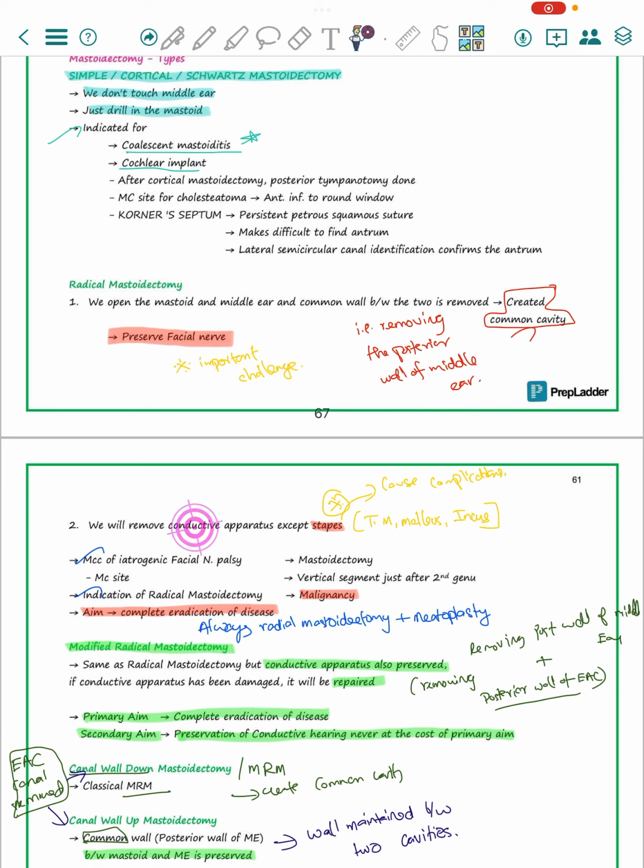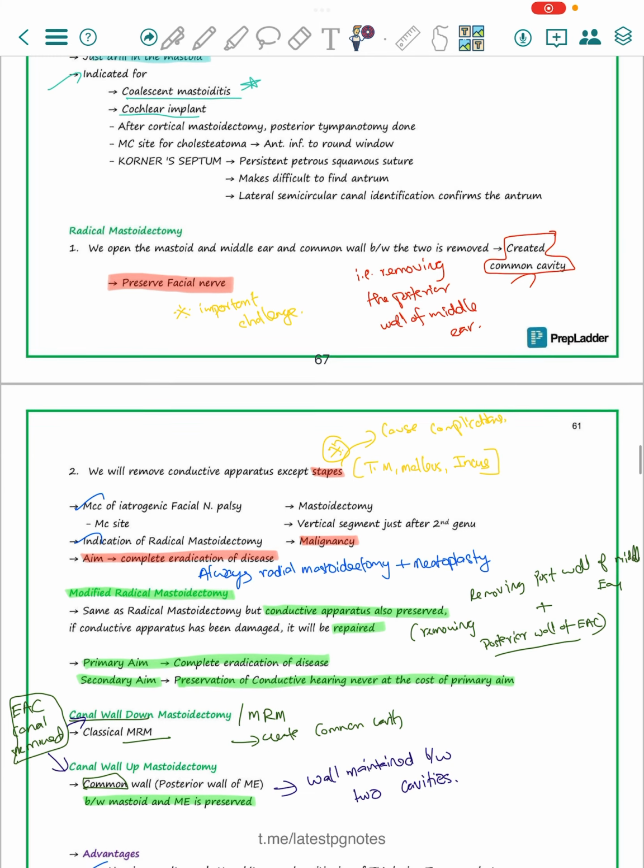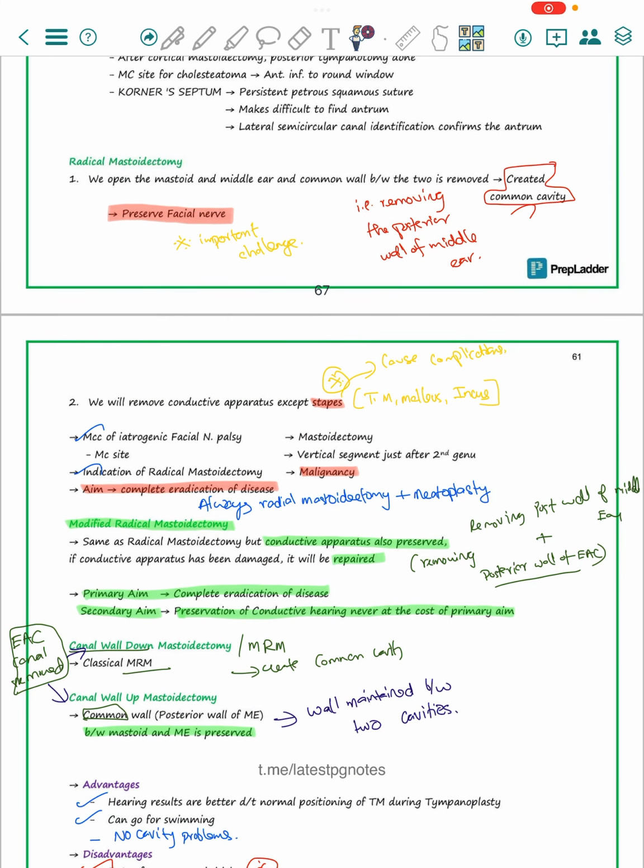In this we remove the conductive apparatus except the stapes, because the stapes is very important for hearing. If the stapes is removed, the inner ear is open and it can cause complications. So the tympanic membrane, malleus, incus, everything are removed. The indication for radical mastoidectomy is in case of malignancy. Okay, if we do radical mastoidectomy, meatoplasty is a must,